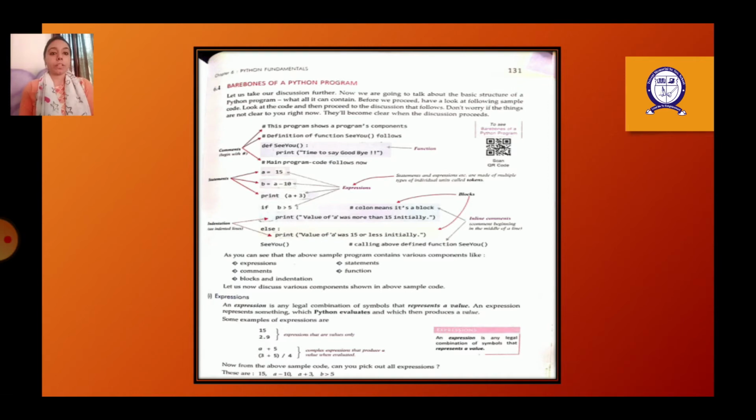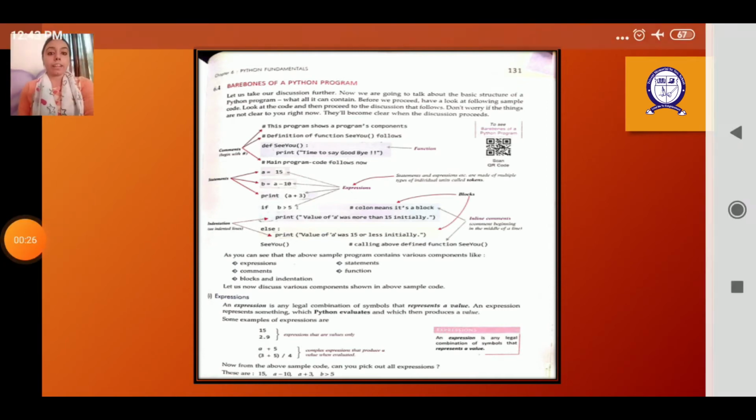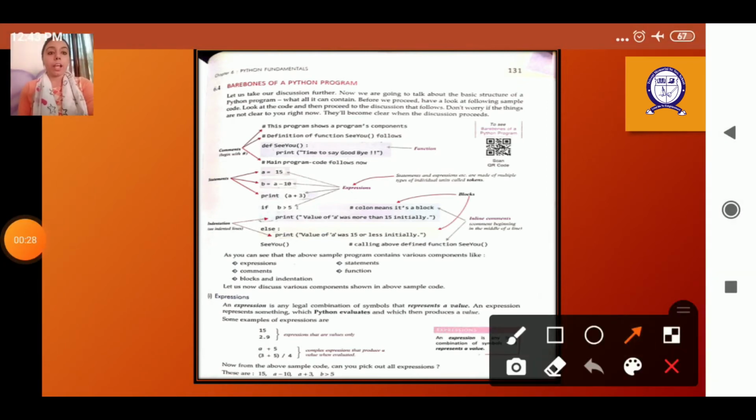Like in this case you can see here the hashtag symbols are there. Any text which is written after the hash symbol is considered as a comment, and it is ignored by the interpreter. It is only for user readability. Next we have the def keyword, which shows us that this is the definition of a function, and after that we have the name of the function, that is cu. After that the bracket is there, which shows that this is the name of a function, and the def keyword shows that this is the function definition.